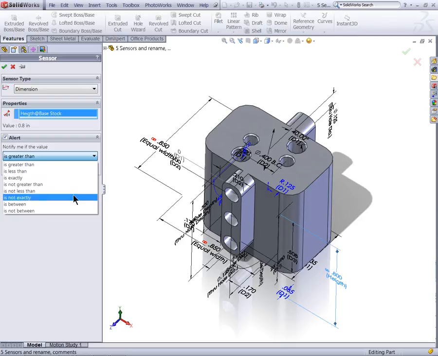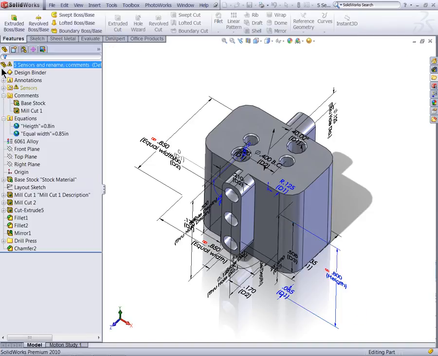So in other words, if this dimension was never to change from 0.8, I could tell SOLIDWORKS to let me know when it's not exactly 0.8. So whether it's more or less, it'll warn me. But I did say I want to make sure that this thing is not going to be greater than 1 inch. So in other words, I can change this value as long as I don't go above 1 inch. When I hit OK,